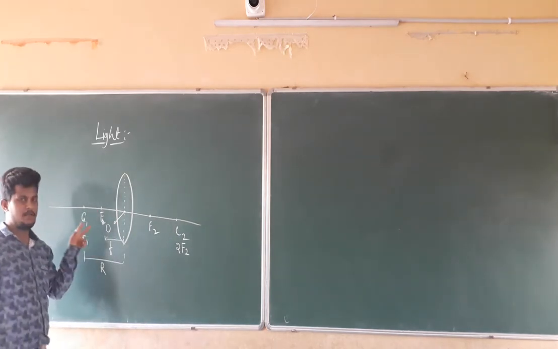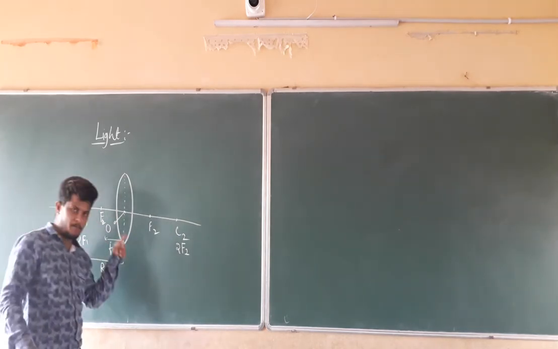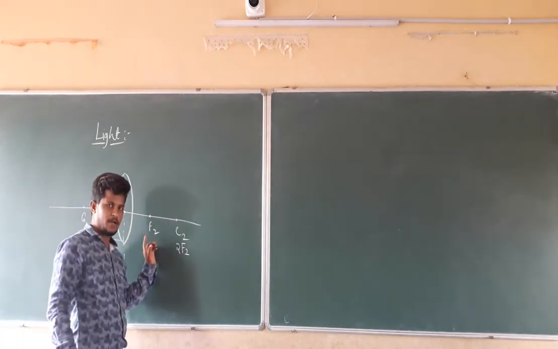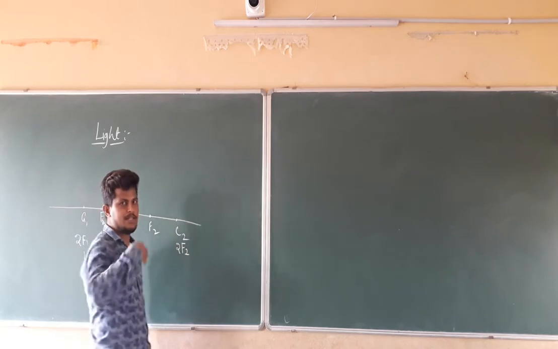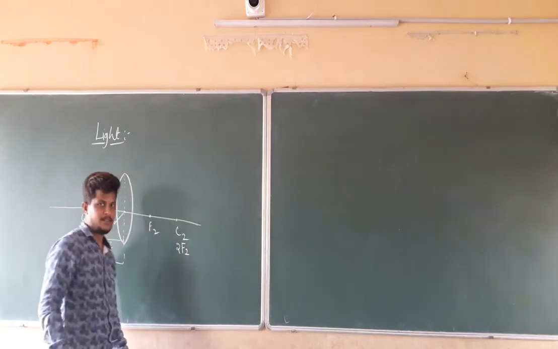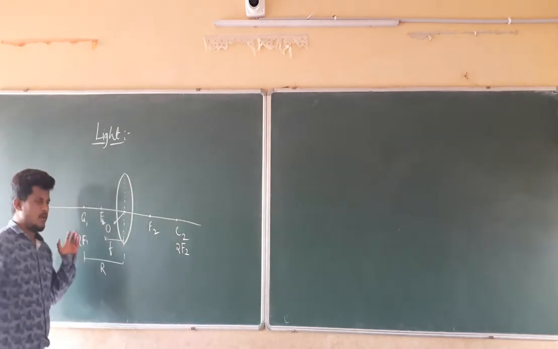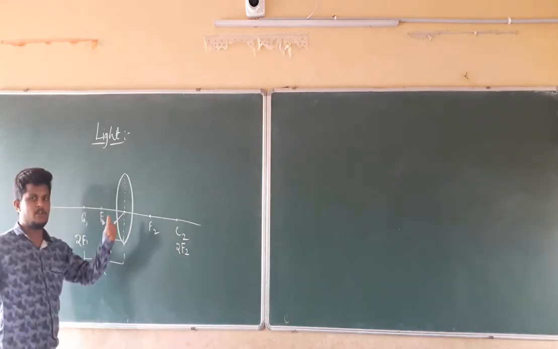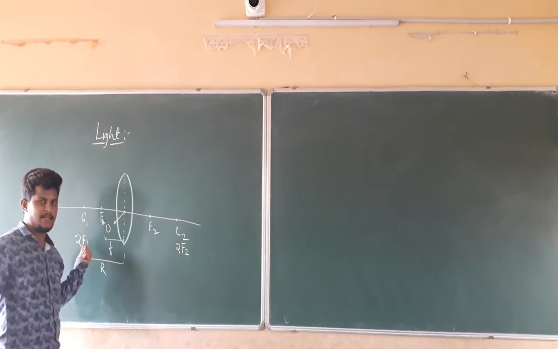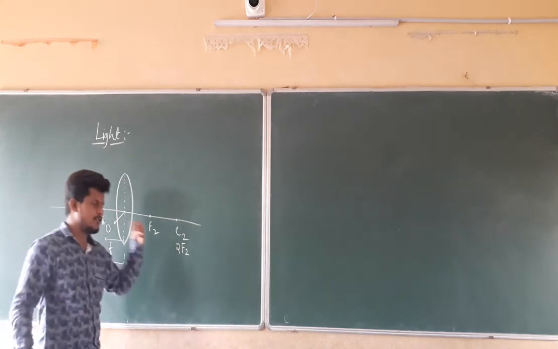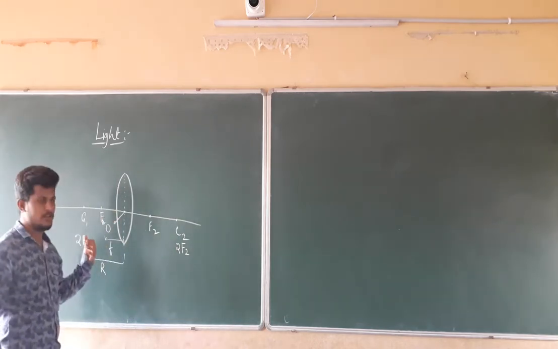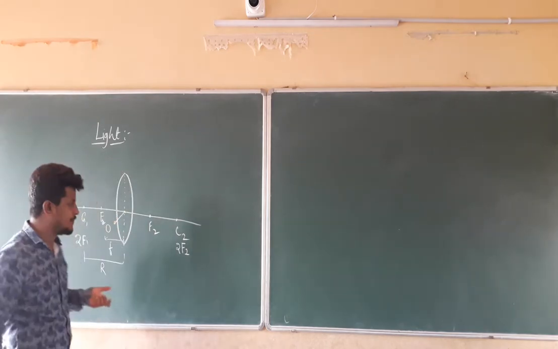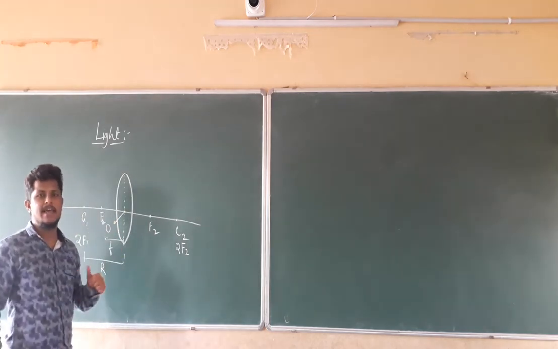Center of curvature, principal focus, optic center; in case of a mirror, pole of the mirror, principal focus as well as center of curvature on the other side. Right? In the same manner, we are always going to keep our objects on the left hand side. The image formation takes place on the right hand side or left hand side, depending on the type of the lens. So we are going to discuss the tips for drawing the ray diagram.